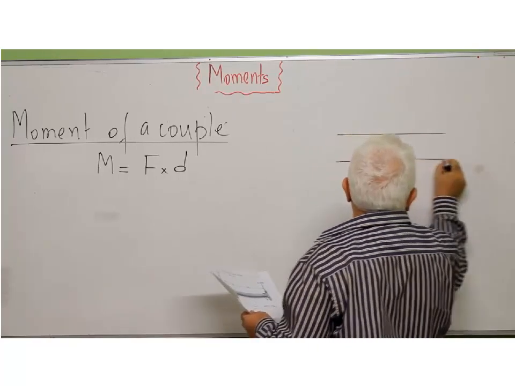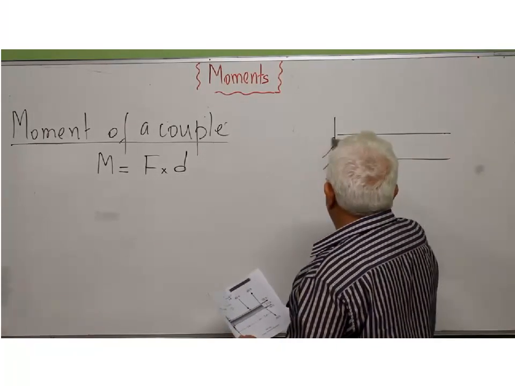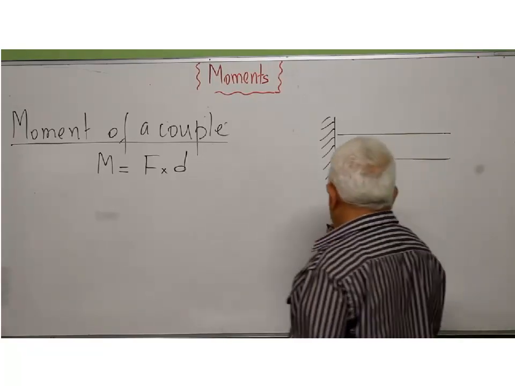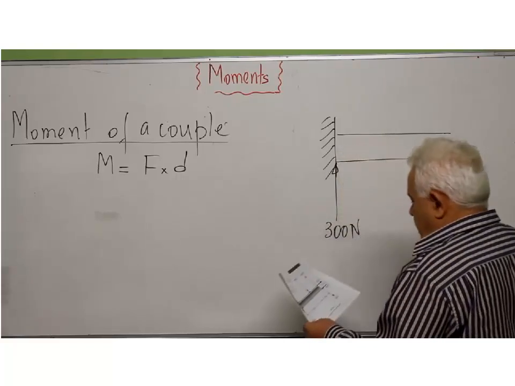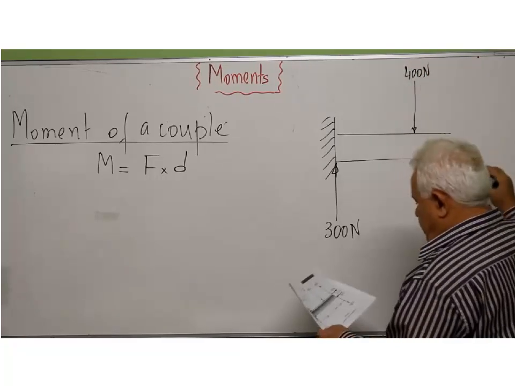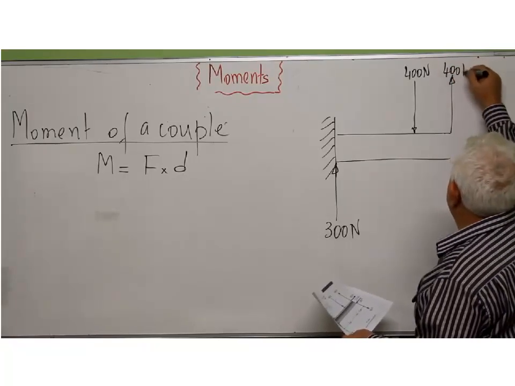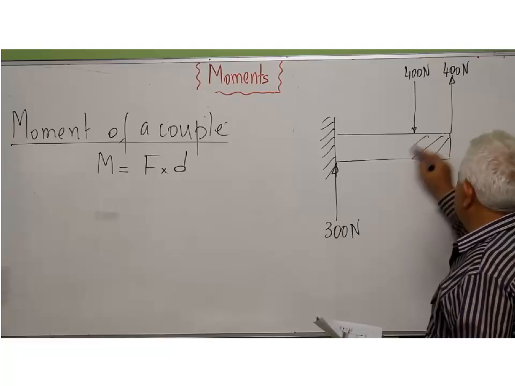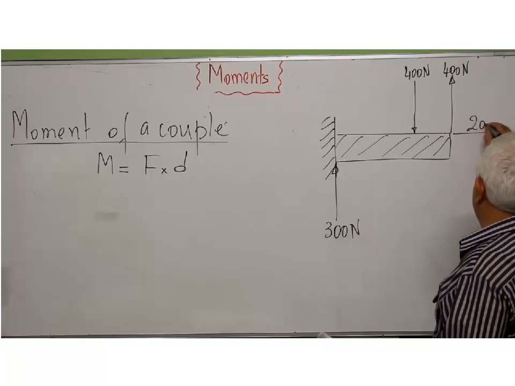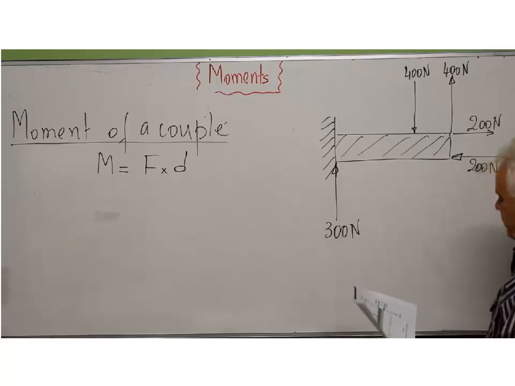Suppose we have a bar here in which we have one force here of 300 newtons, another one here acting 400 newtons, this one acting in the opposite direction, another couple of moments here, 200 newtons, 200 newtons separated by a distance